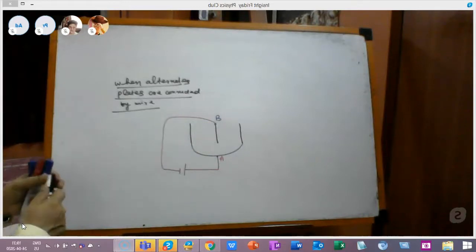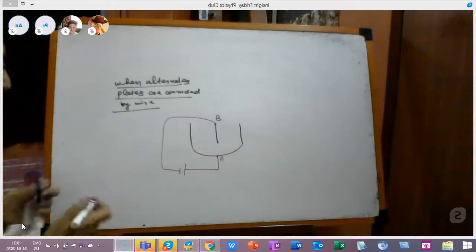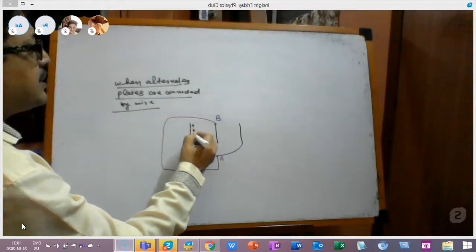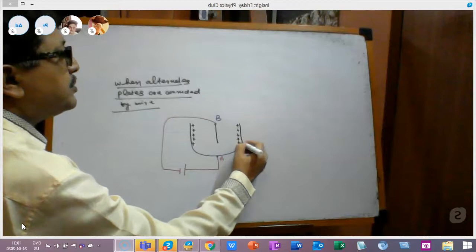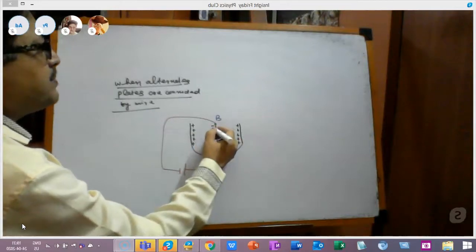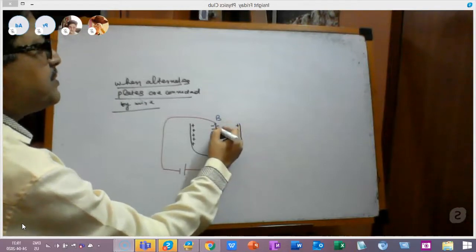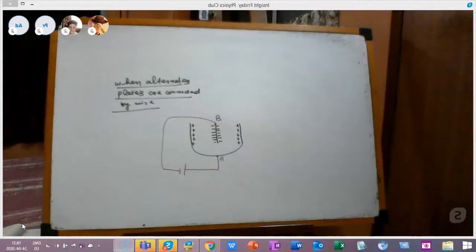See what way the connection is going on there. These 2 plates will get positive charge only, on principle. So this is, say, plus Q. This one plus Q. So what will happen here? This will induce minus Q here. This will induce minus Q here. So how many capacitors are there?